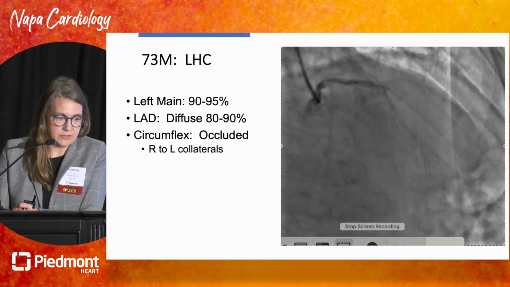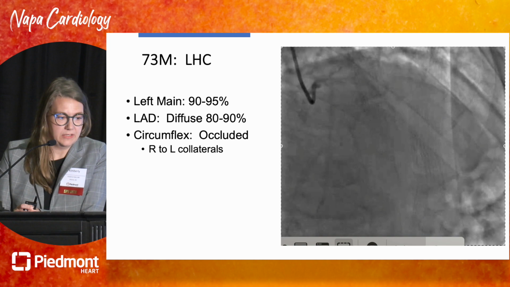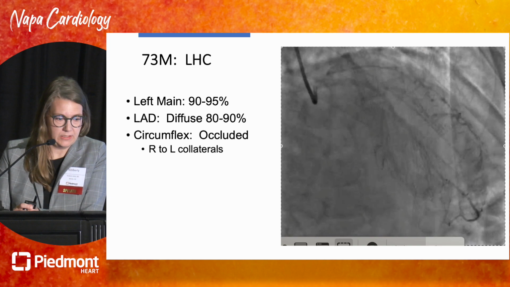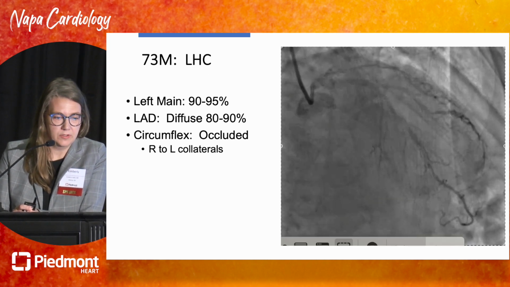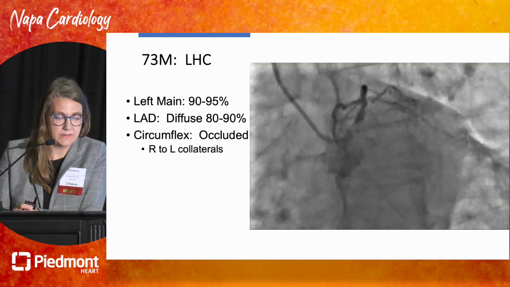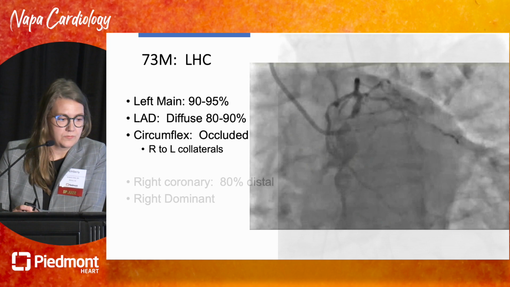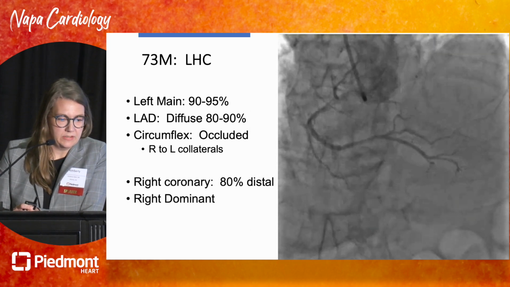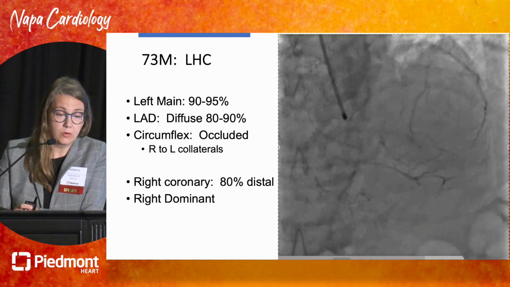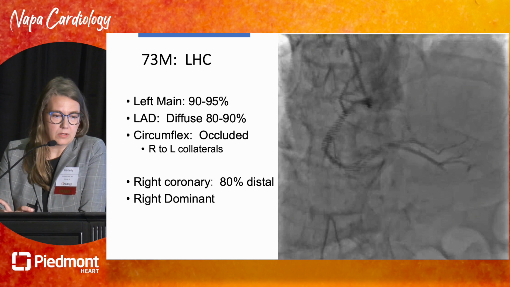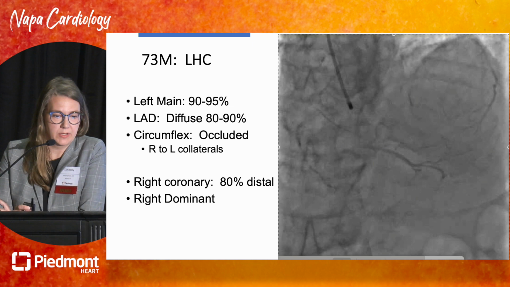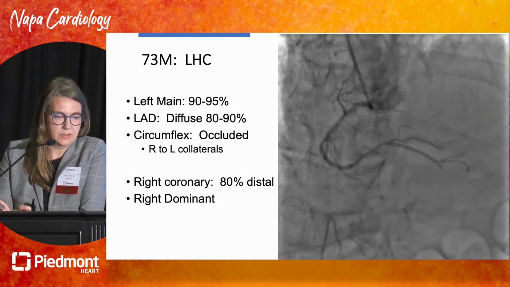This was his left heart cath. He had 90 to 95% left main disease and 80 to 90% disease of his LAD. He had occlusion of his circumflex that filled from both the right and the left side. It's another shot of his left main. And here's his right-sided injection that does show collateral filling of the OMs. It's sometimes hard to estimate what type of bypass grafts or targets we'll have on this side, but we're pretty confident that we would be able to find something to bypass.